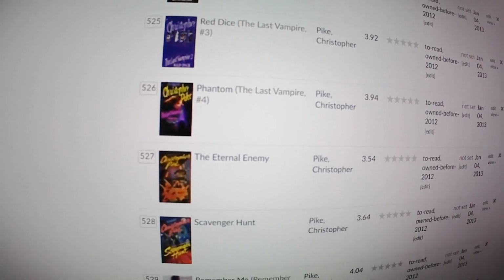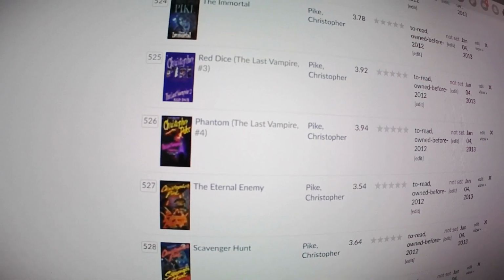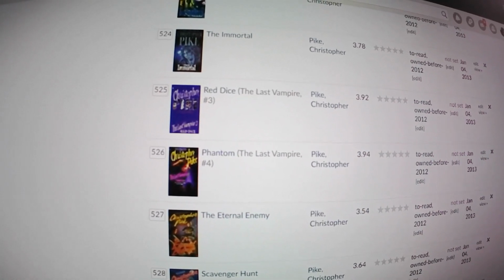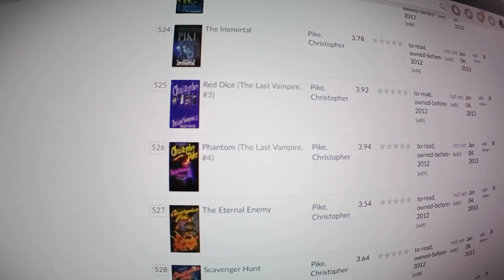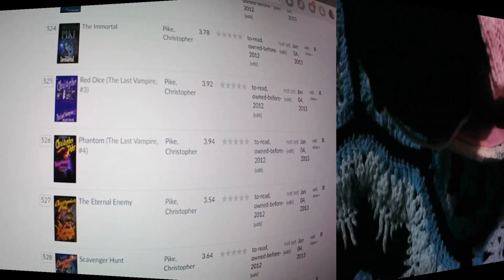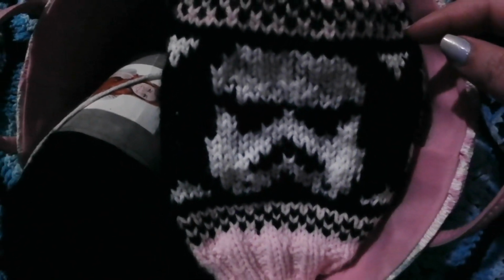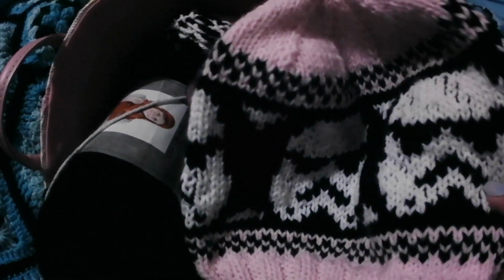I will probably show you a little bit of knitting that I did today before I log off. But that is pretty much it. So first week of Vlogmas down, and I will be starting a new Vlogmas section tomorrow. And so, like I said earlier, I am going to share with you a little bit of what I have been knitting on today. So this weekend, I did finish this Stormtrooper hat for my niece, and so it kind